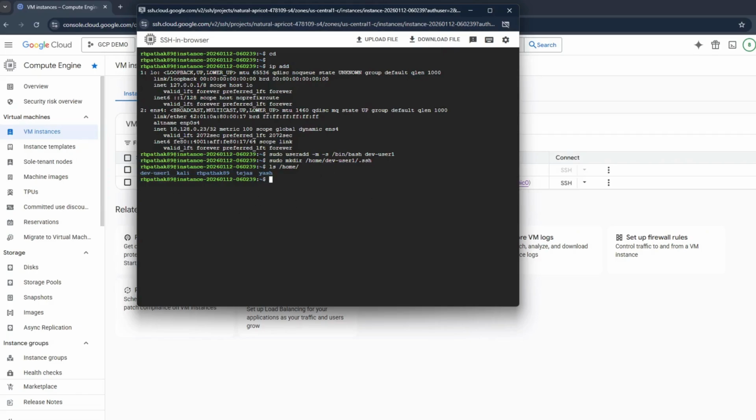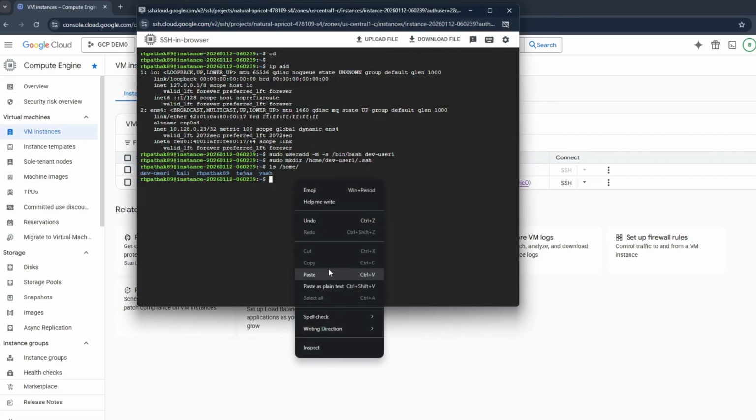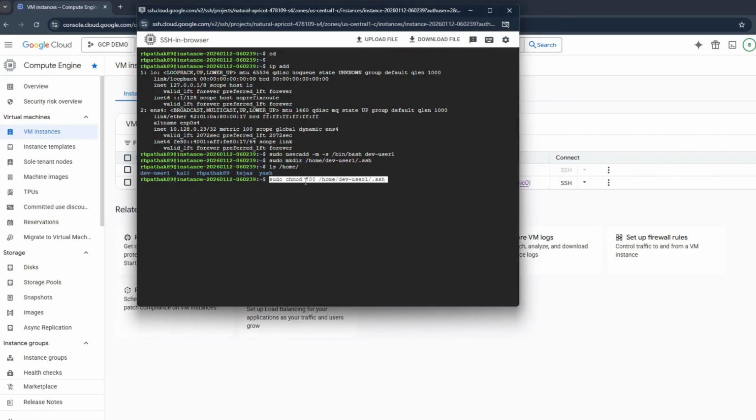Done. Now give the user full permission on this SSH directory. I have used the change mode command here. The user has full permission for that, and click enter. Once it is done,